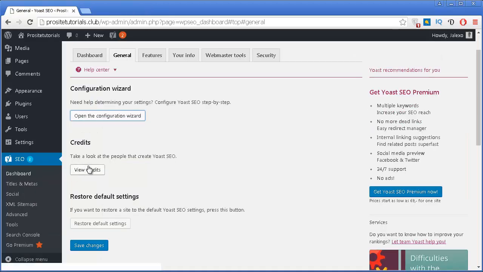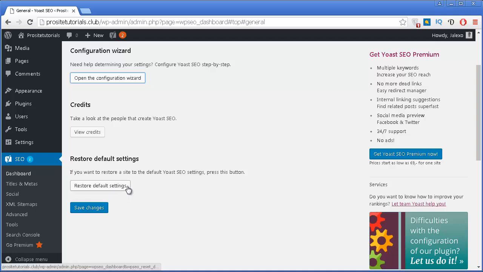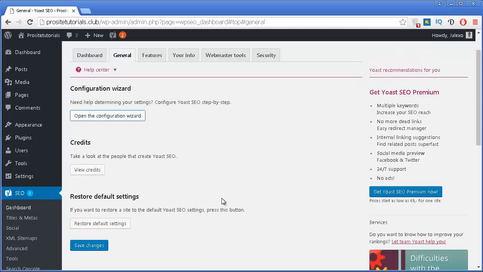And then you have credits, which you may want to check out. And later on, if for some reason you made a few mistakes on the optimization of your website and you want to restore everything to default, you can click on this button right here and it will restore everything to default settings. Then on the Features tab,